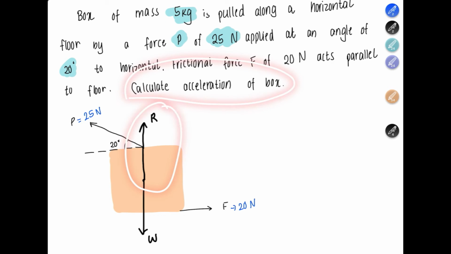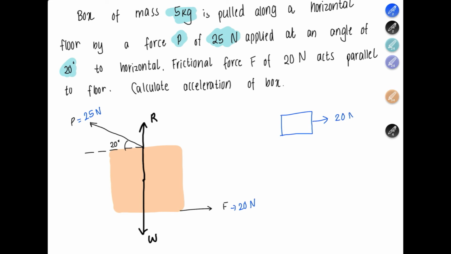Now if you look at the upward and downward forces, the vertical forces are balanced. The value of weight equals R, the normal contact force. So if you draw a diagram, this would be something like this. This is 20 newtons towards the right, and the object is pulled at 25 newtons at an angle of 20. Now you have to basically resolve this force horizontally. If this is 20 newtons, what is the force in the x direction? So this is simply 25 cosine 20, which is 23.5